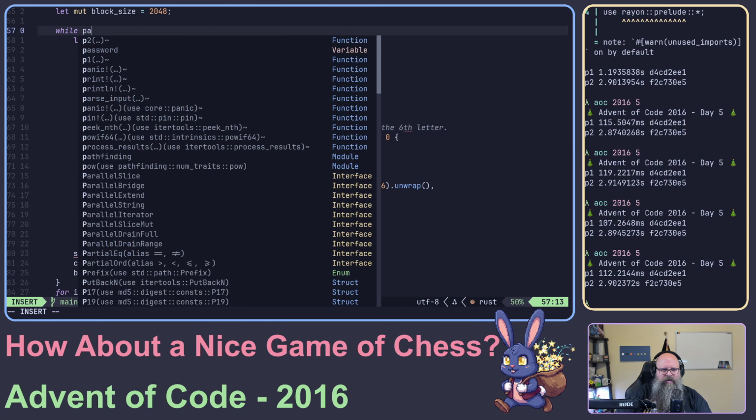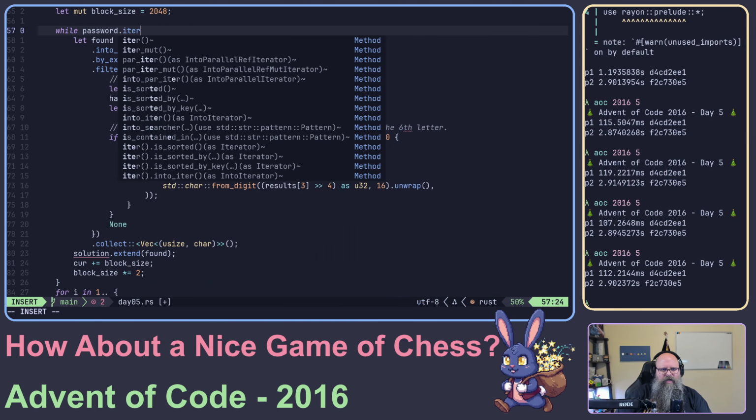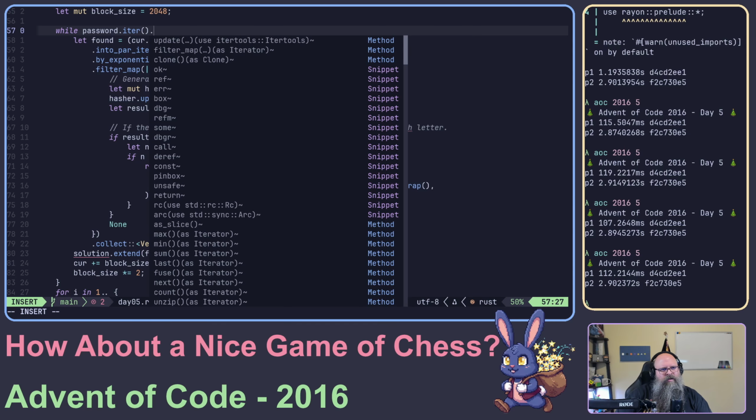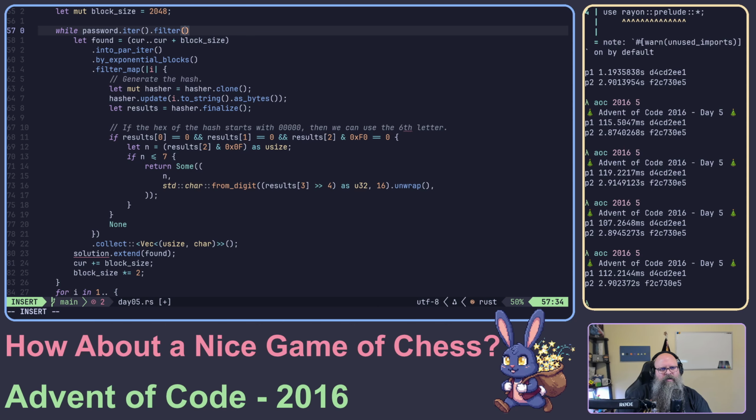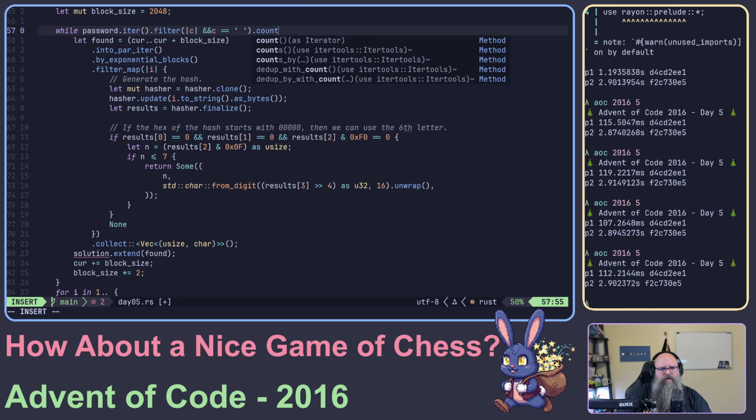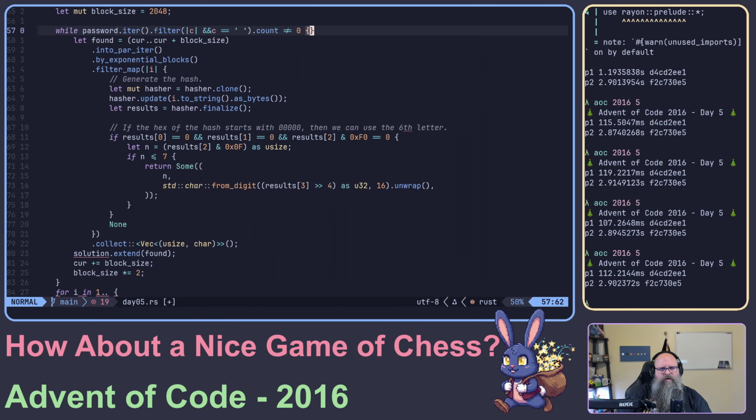So we'll say while password dot iter dot filter c equals, so as long as that's not 0. What does it like about that? Oh, do I have to do this? Like that. So while we haven't filled up the password,